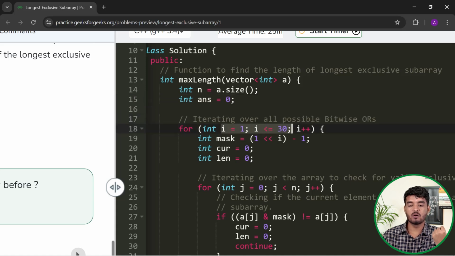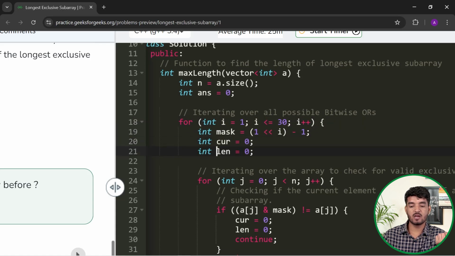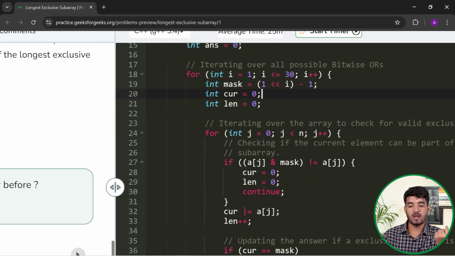from 1 to 30, since 2 power 30 is greater than 10 power 9, and the maximum value of A[i] is 10 power 9. This is the current mask. Here I will keep track of the length and the value of current. Here current means the current bitwise OR, and I iterate over all the indices,